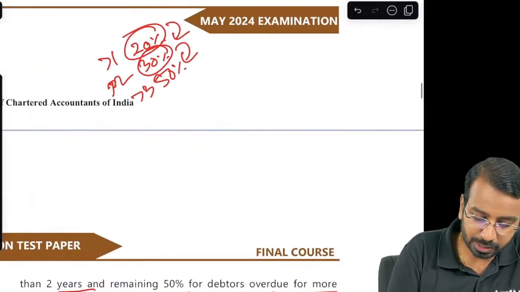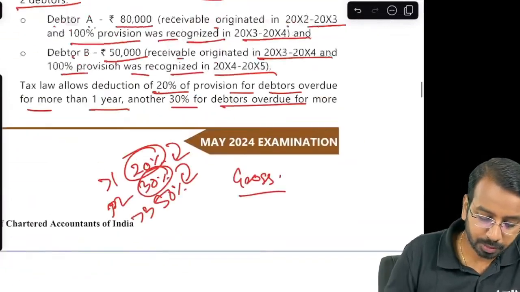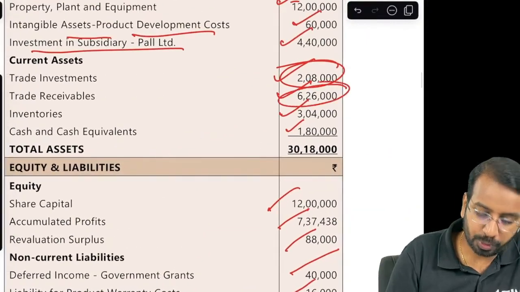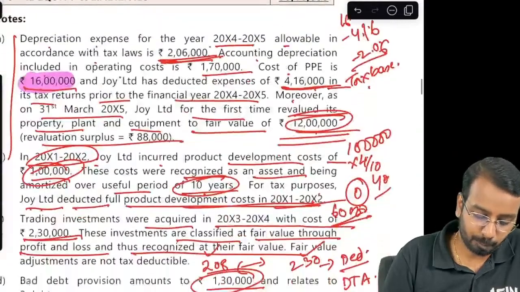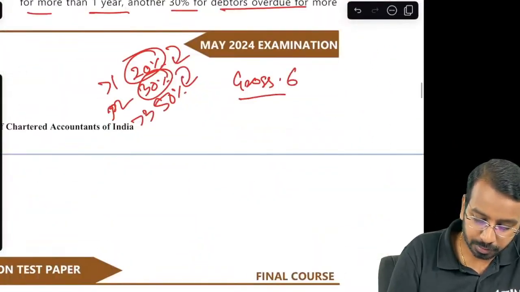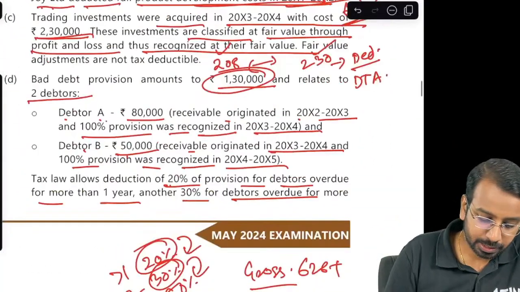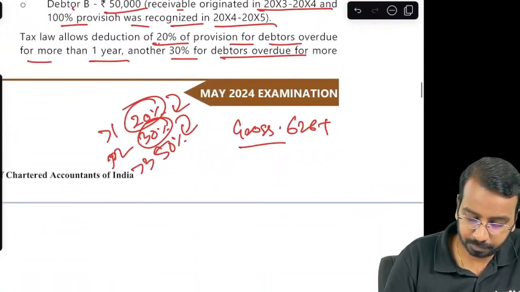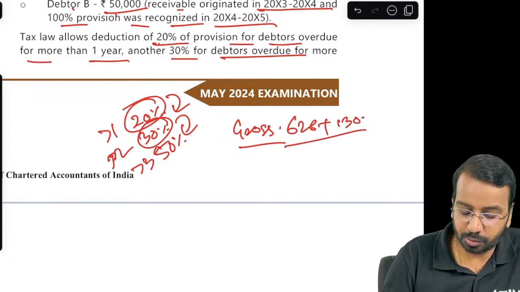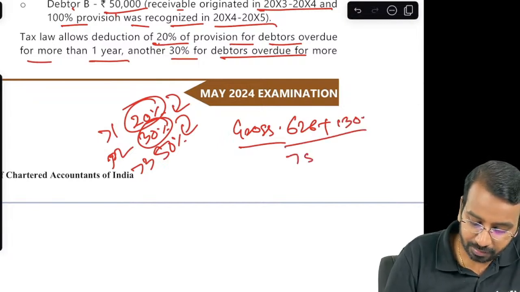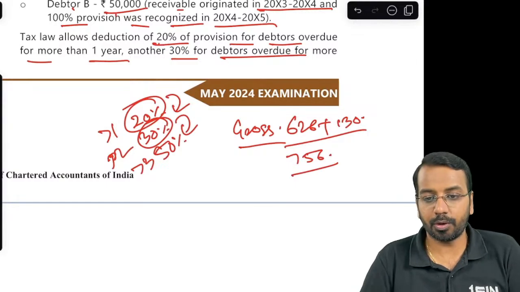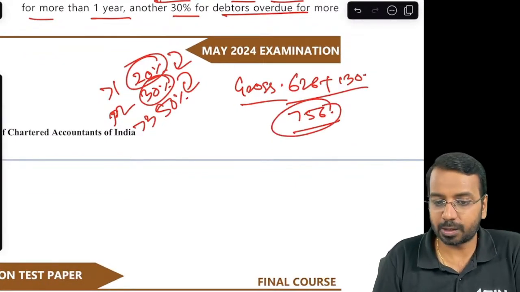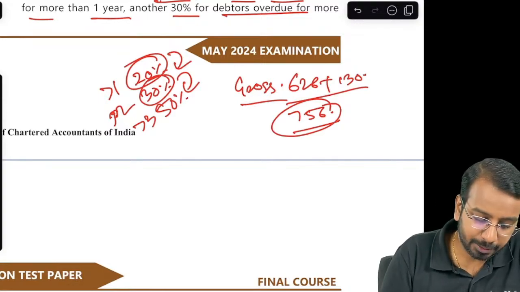Now, what is the gross amount? Gross amount is 626, that is as per the balance sheet, plus the provision for bad debt of 130. 626 plus 130, how much is that? 756. This is the gross amount. Okay. Now, this is the gross amount. How much will be allowed for tax purpose? For tax purpose, they said